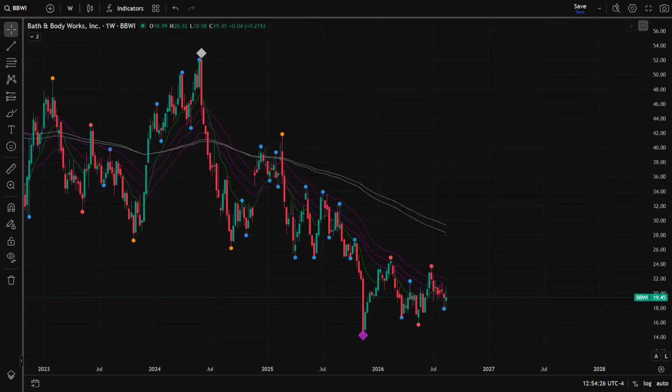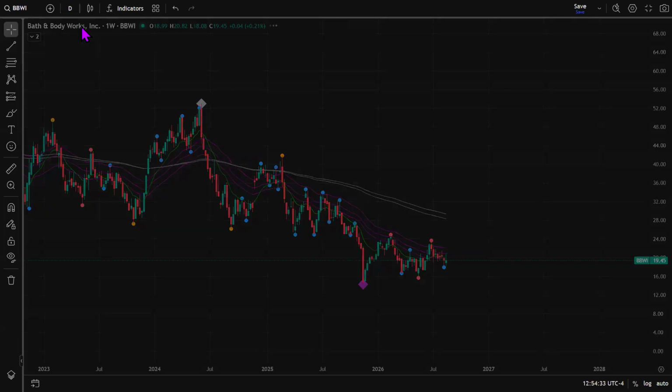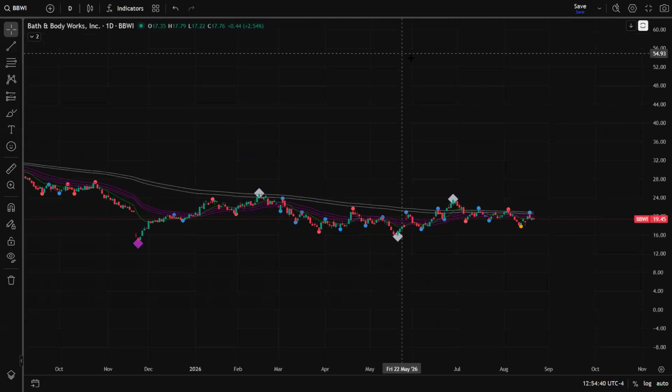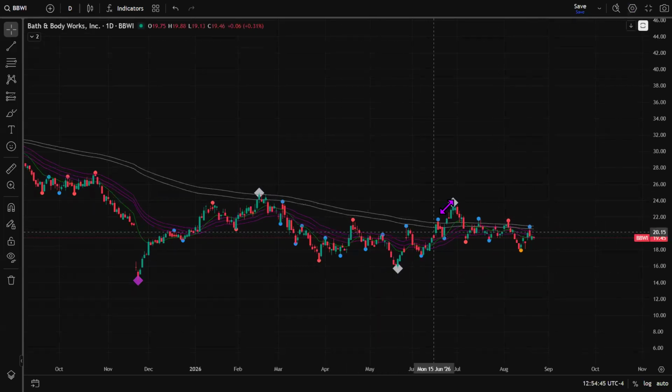All right, this is in a weekly downtrend, complete weekly downtrend. So I wouldn't be interested in buying this. Let's look at the daily. So this is really in a position of a breakout for sell right here. I wouldn't be interested in this stock at all. Okay, let's look at